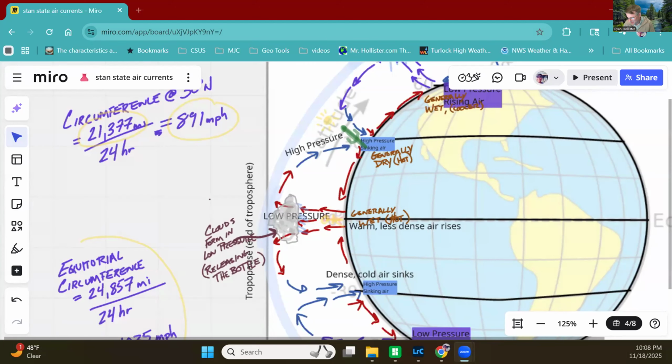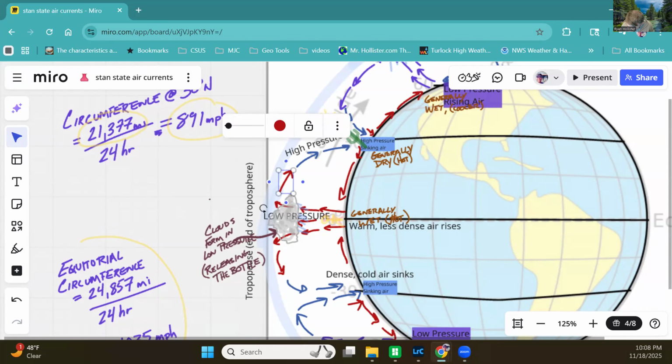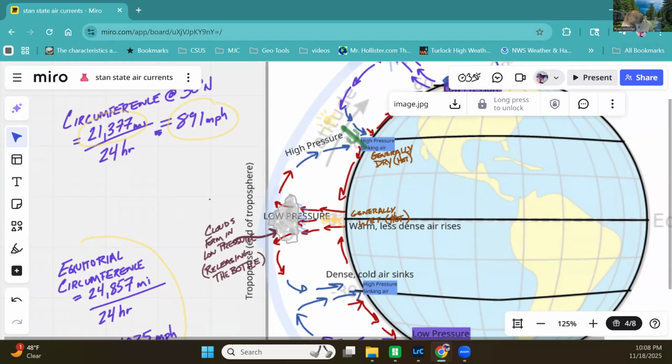Nope, I'm on the right one. Sorry, I got my screen messed up here. So I'm going to draw a series of dotted lines here. Let's see, there we go. Come on. Trying to get my,